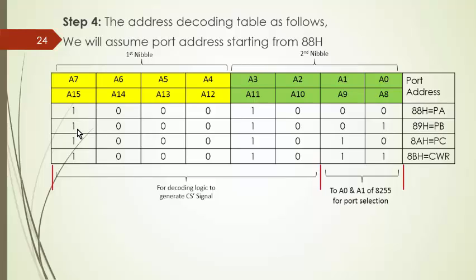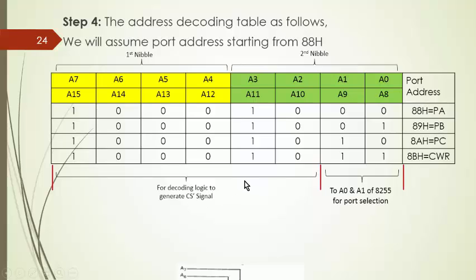Then you have to separate the address lines. So A0 and A1, as we know, for port selection. So according to this, you have to find the next port addresses. So next bit pattern will be 1000 1001. So you will get 89 hex. So 89 hex port address for port B, then 8A for port C, 8B for command word register,